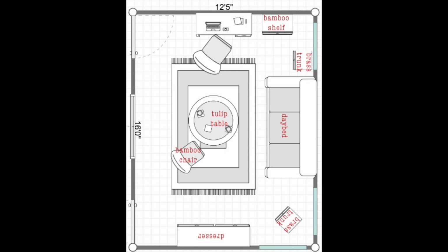And after pretty much setting up the space on that site and putting in all the furniture with the correct dimensions, I stayed there for a really long time, you guys, way longer than I should have. So I have the floor plan, and I am super happy with it. Now, the only thing that I'm worried about